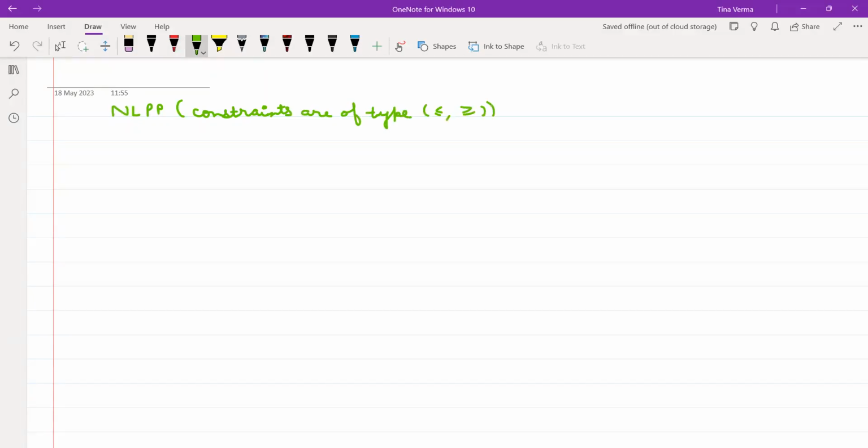So till now what we have discussed, we have started the NLPP and we have done the search techniques for that, right? We have done how we can find the approximate solution. Then for the NLPP, we started without constraint. Without constraint, how do you check? You check the function by the Hessian matrix, whether it is convex or not, that is, whether it is positive definite or positive semi-definite, negative definite or negative semi-definite.